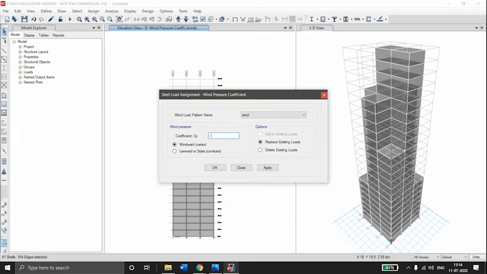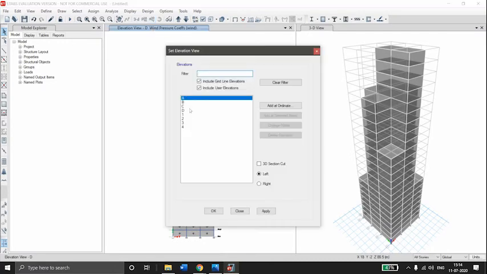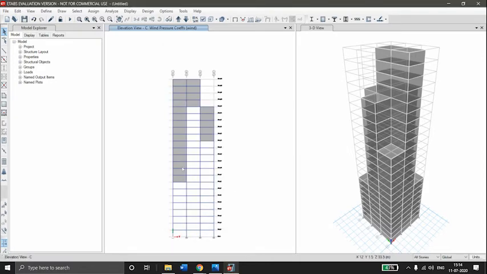Put in minus 0.25. Select the direction as leeward. Apply. Okay. Go to elevation C. As this cladding also faces in the same direction, select these claddings and apply the same coefficient.